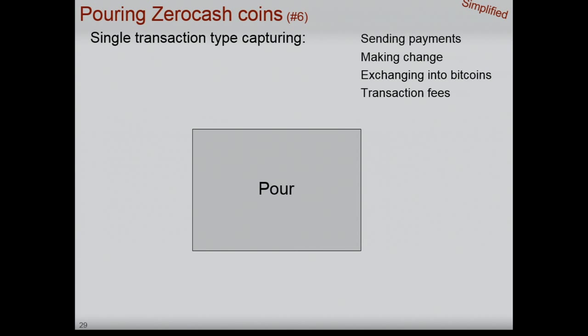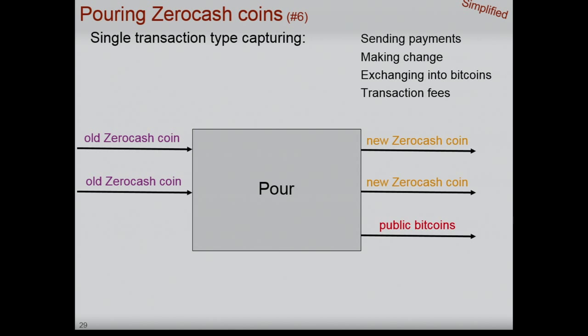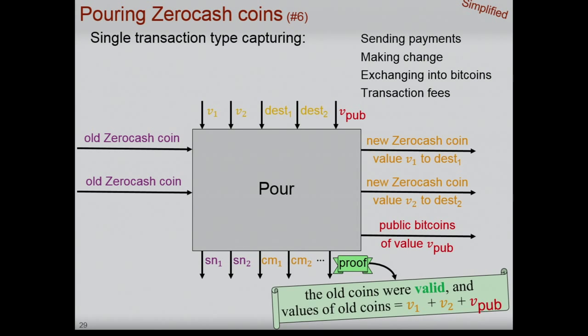Now, all of these and many more details are elegantly summarized in what we call a pour transaction. And you can think about the pour transaction as a primitive for direct anonymous payments that generalizes sending payments, merging coins, making change by splitting coins, providing transaction fees, and many other things. It consumes old coins, it creates new coins, it gets instructions on what is the value and destination of the new coins, and it outputs things that will be put in the ledger that consume the old coins, create the new coins, and include the proof